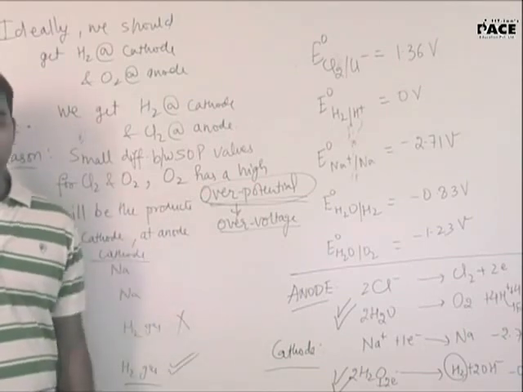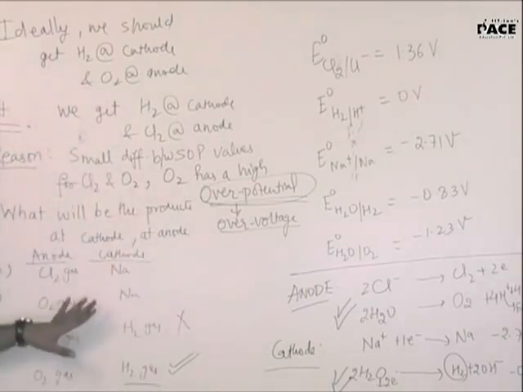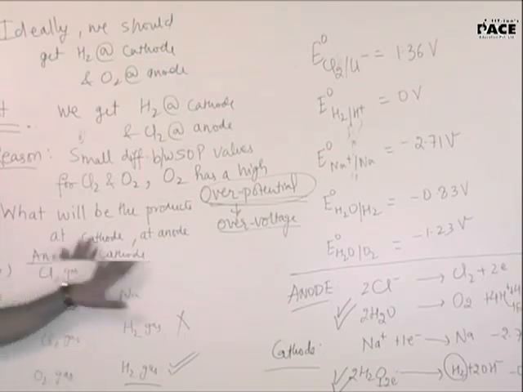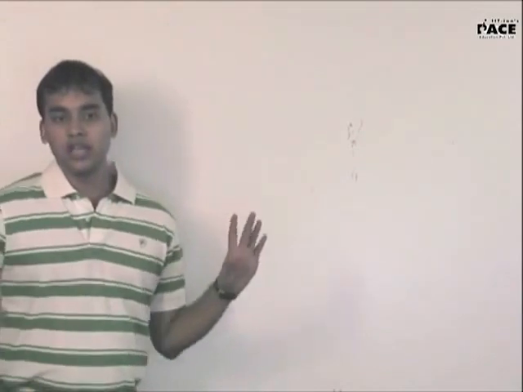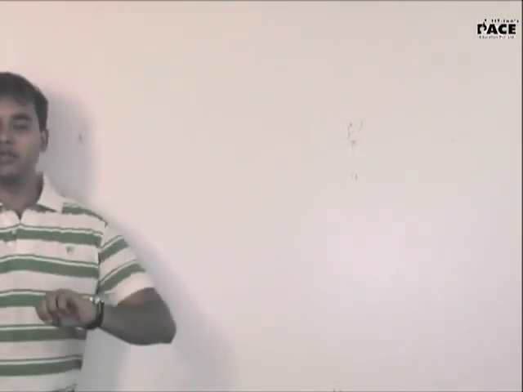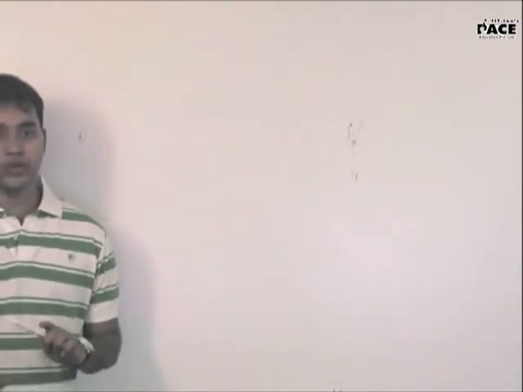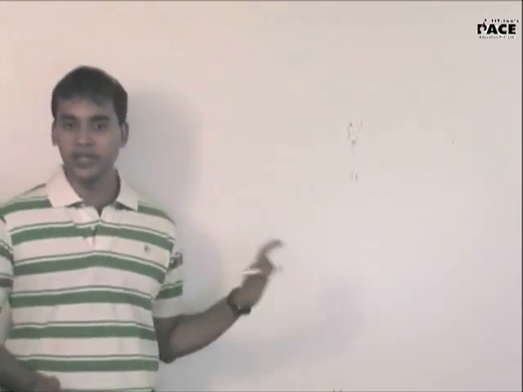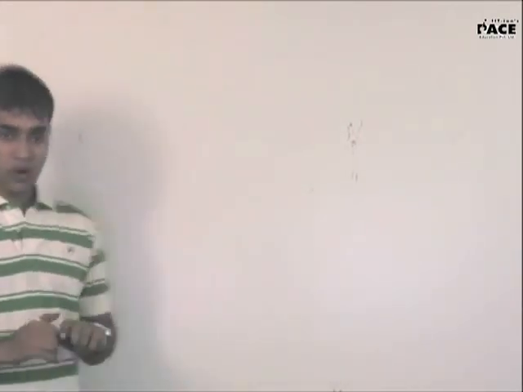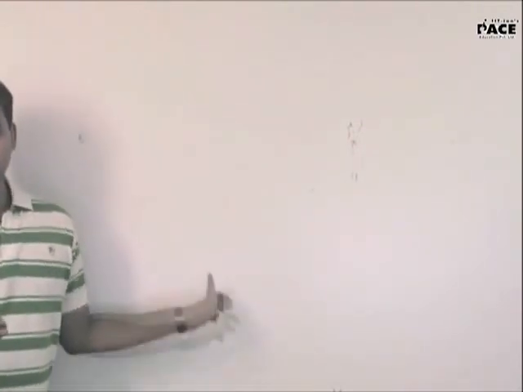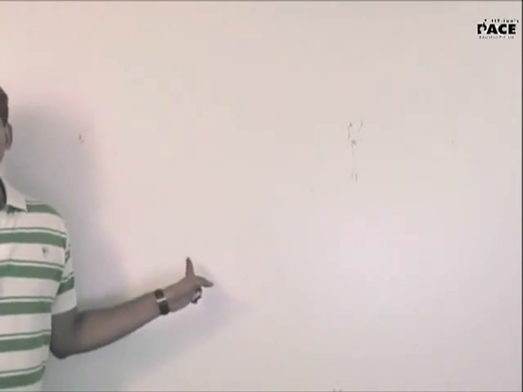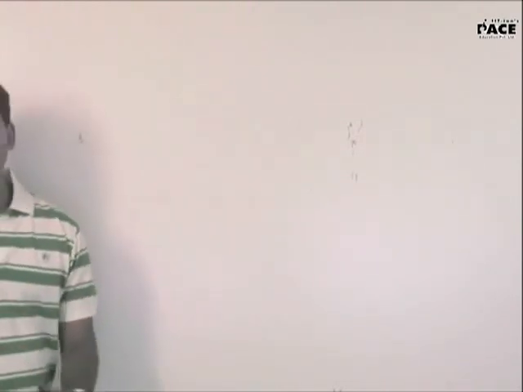Okay? You copied this whole thing? Yes, sir. Shall I rub it? This part? Suppose even by using aqueous NaCl, I still want sodium to be evolved at cathode. So what will be the solution for that? I don't want to use molten NaCl. That is one solution definitely, because I am removing water which is the main competitor. Suppose using aqueous NaCl only, which was the case which we are using, I have to get sodium at cathode. So what will I do?